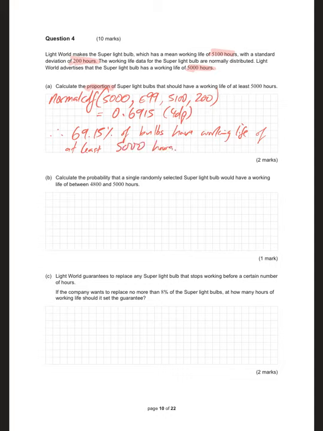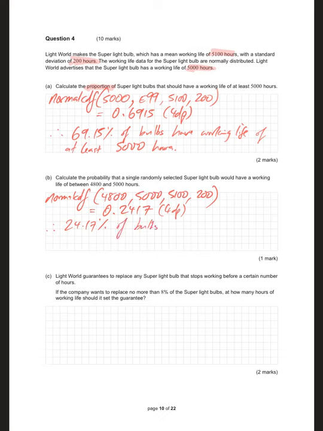hours. Calculate the probability that a single randomly selected superlight bulb would have a working life between 4,800. So again, probability, proportion, percentage, normal CDF question again. Between 4,800 and 5,000, so lower is 4,800, upper is 5,000, mean is 5,100, STDEV is 200. Normal CDF, 4,800, 5,000, 5,100, 200. 0.2417 to 4 decimal points. Therefore, 24.17% of bulbs have a working life between 4,800